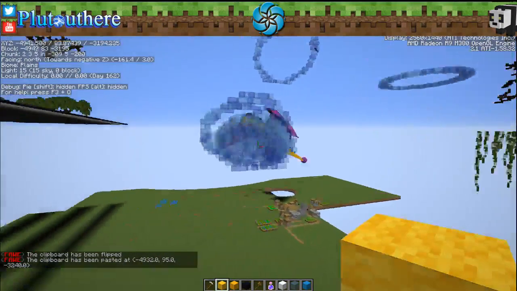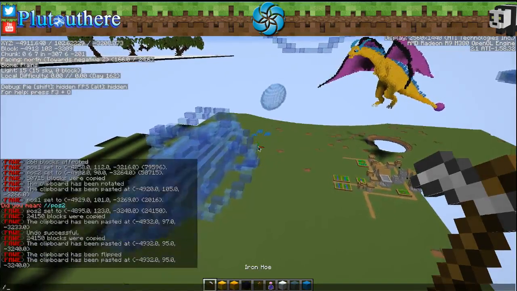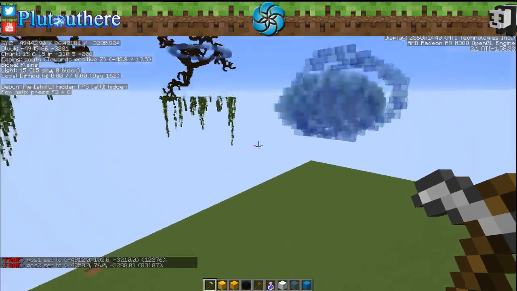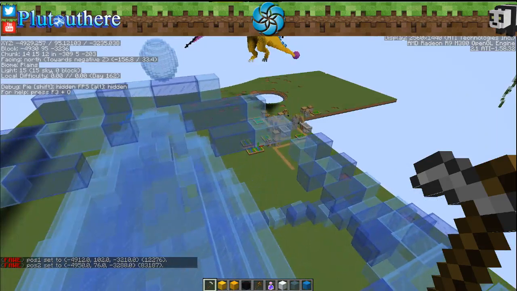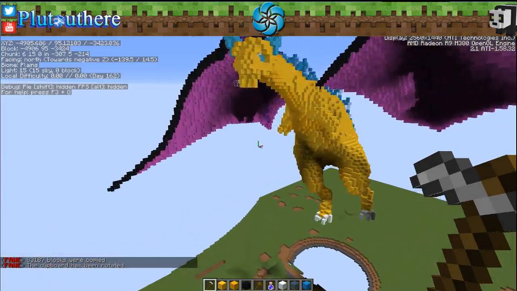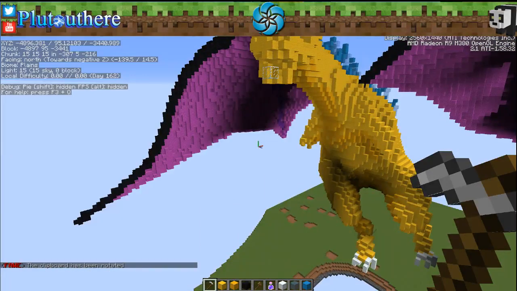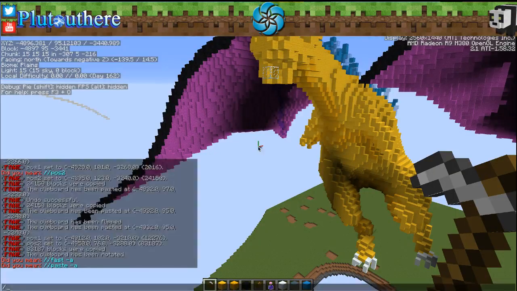Okay, and then what we're going to do with that, post 1, copy, rotate 45, rotate, or let me see what that looks like. Let's see what it looks like before we paste it. Paste